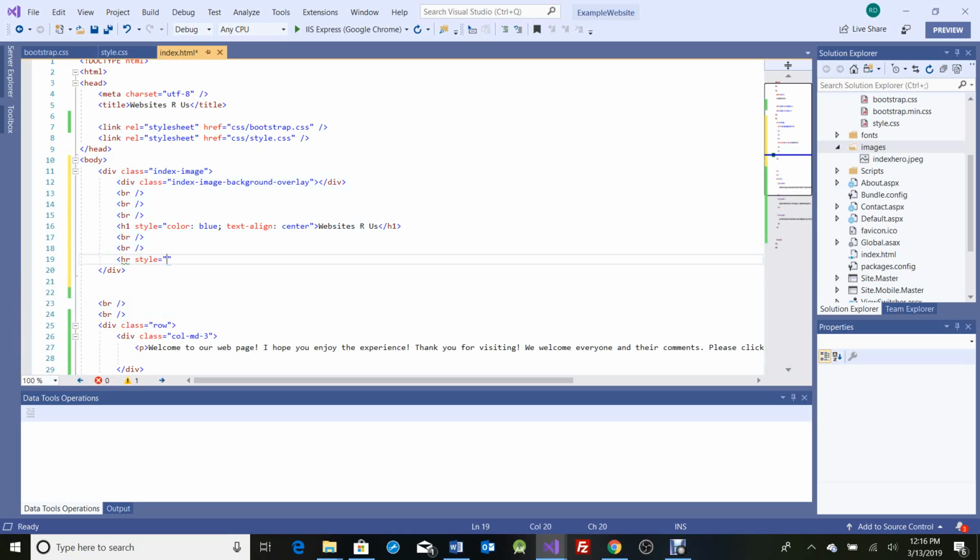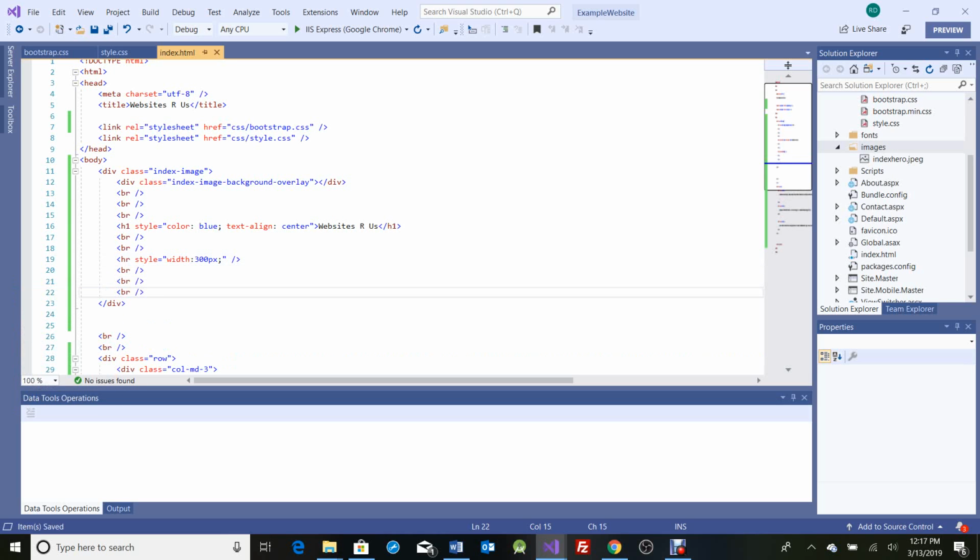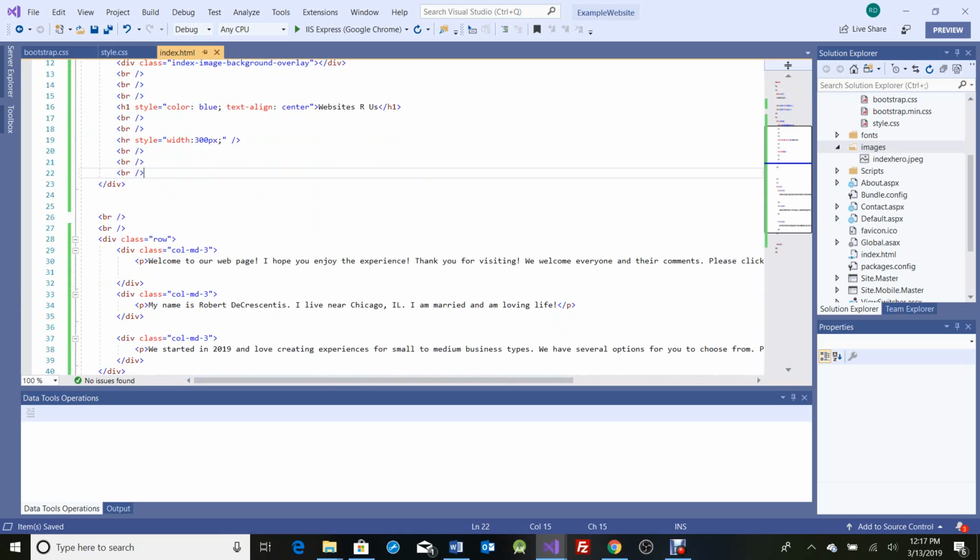Remember, styling elements within HTML tags is great. And then we're going to make this the width. Let's go with 300. You'll see why in a second. But then the color is typical. It's standard white. Make sure you have a closing tag on that. Another break. And you could adjust this in a minute. But next, before we go and refresh that page, we're going to create a div class